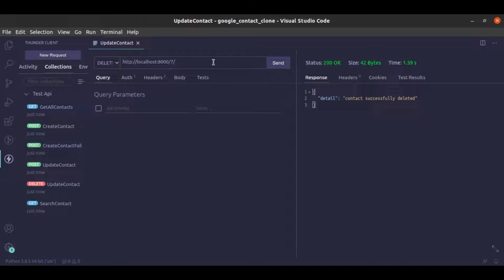Okay, so let's try deleting 8, which does not exist, a contact 8. You are going to get a nice error telling us that that contact does not exist. Okay, so you can see you get a 400 back, and the detail is that this contact does not exist. All right,